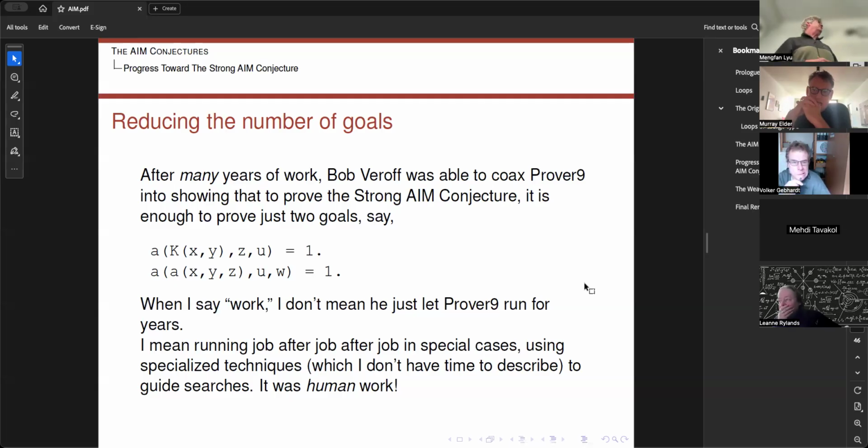Just to give you an example, a lot of the proof of the weak AIM conjecture would simplify if one could do this where instead of z being x, y is equal to x. I won't explain why, but that would make things a lot easier. Still no hope, even in that case, of finding a direct proof. So